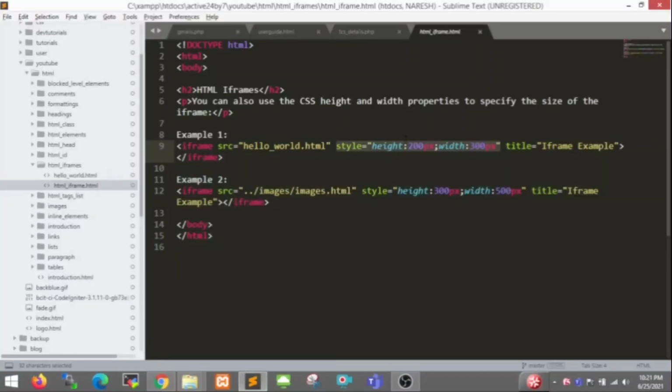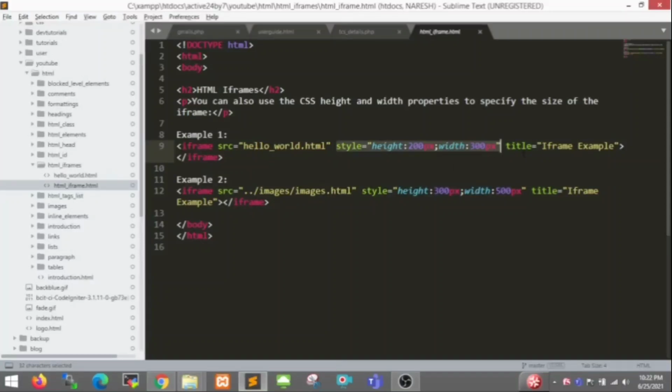If you open a head tag and write styles there, that is internal styles. When I introduce CSS classes I will explain it to you. Presently we are on HTML, that's why I focus more on HTML elements.